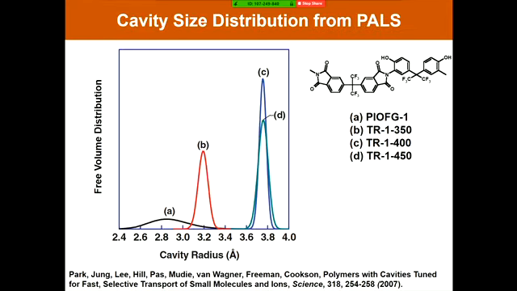Working with scientists here at CSIRO, we have endeavored to understand the molecular basis for some of these properties, and this is showing results from positron annihilation lifetime spectroscopy, results that show the free volume or cavity size distribution that gas molecules would see in such a material. Before it undergoes the thermal rearrangement process, this cavity size distribution is very broad and has relatively low values of cavity volume or free volume. As this thermal process goes about at 350, 400, and then 450 degrees C,